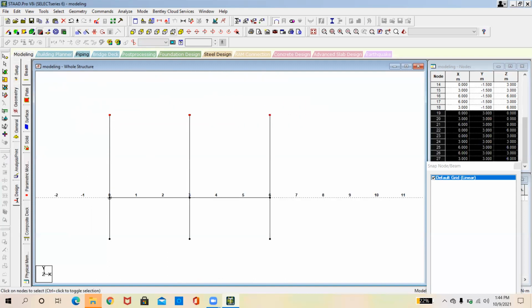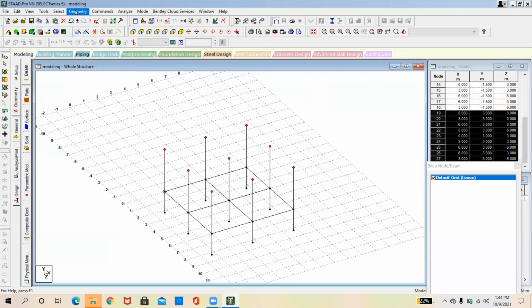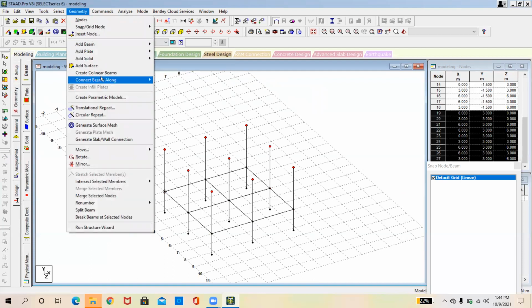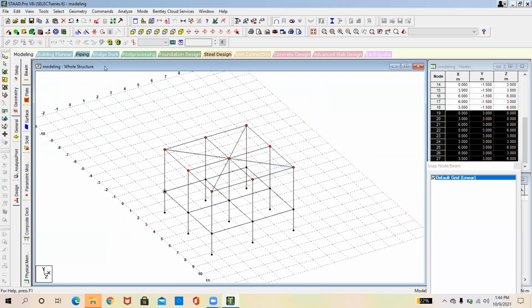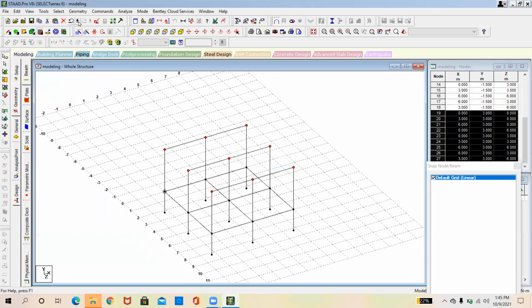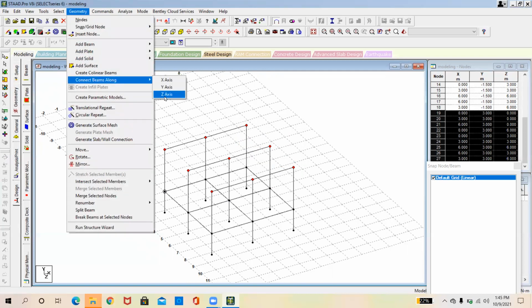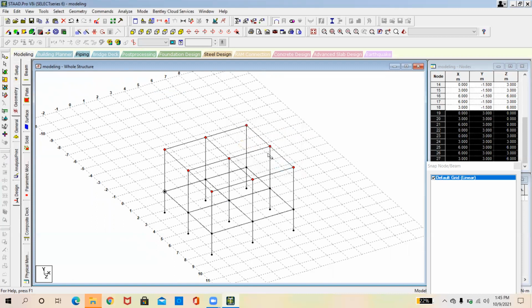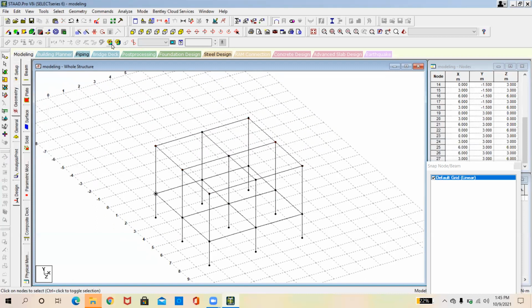I select all the nodes in the floor section, go to Geometry, and connect beams along the X direction and along the Z direction. So my floor beams are also generated.